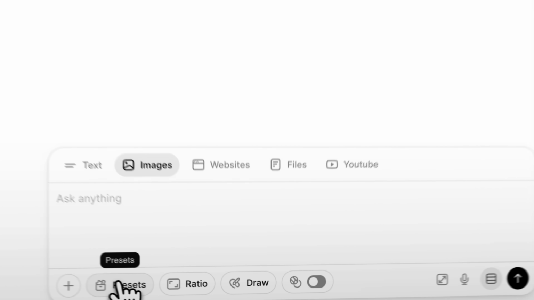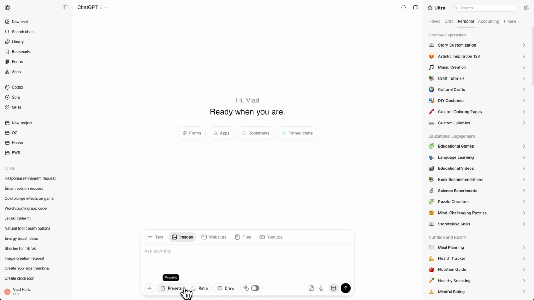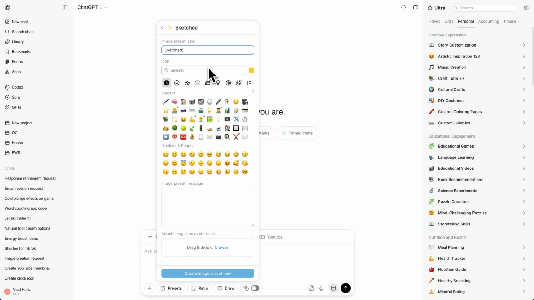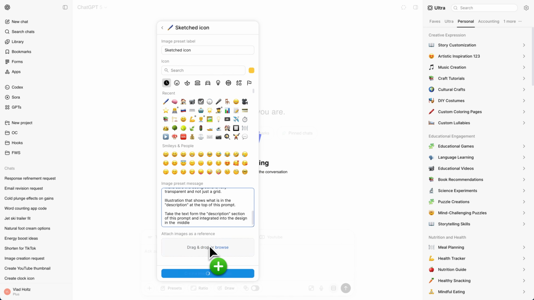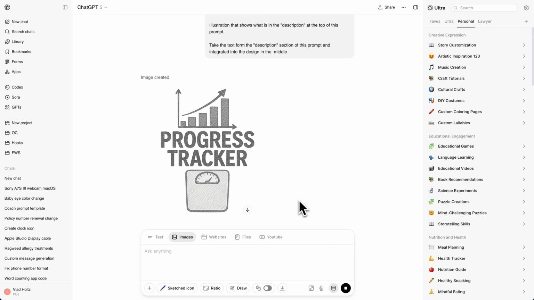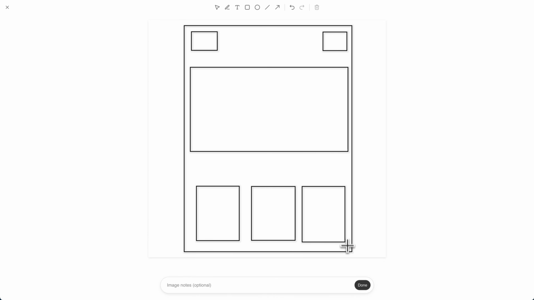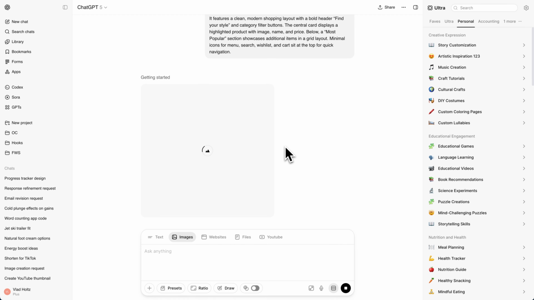In this video, I'm going to show you 7 wild ChatGPT image generation features I recently unlocked. The first is presets. You set up a style once, and you can call on it anytime with just one click. ChatGPT will generate the image in exactly that style. Then there's draw mode. You sketch an idea right inside ChatGPT, then the AI generates an image based on your